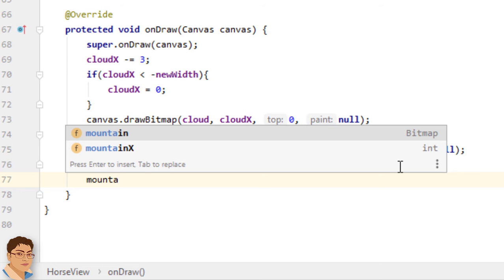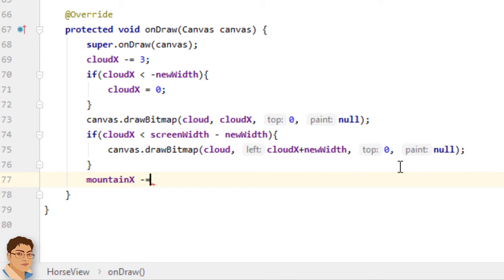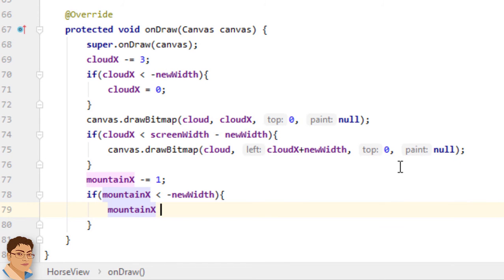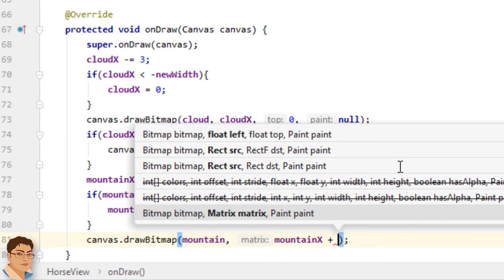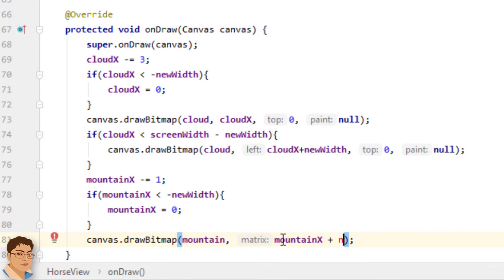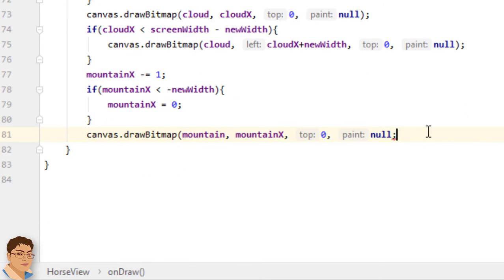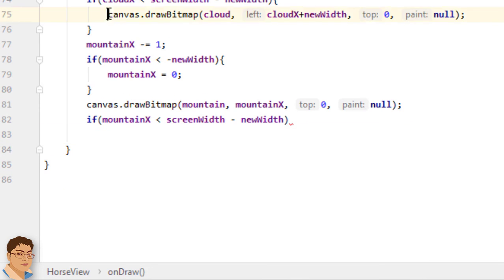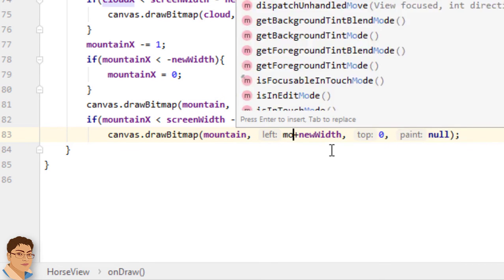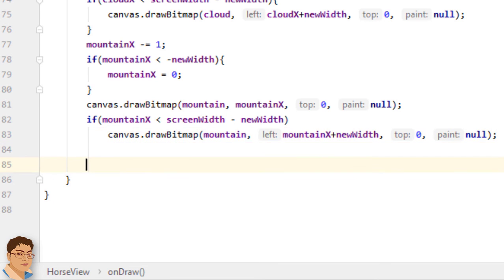For the mountain, x minus equals to 1. For the grass,